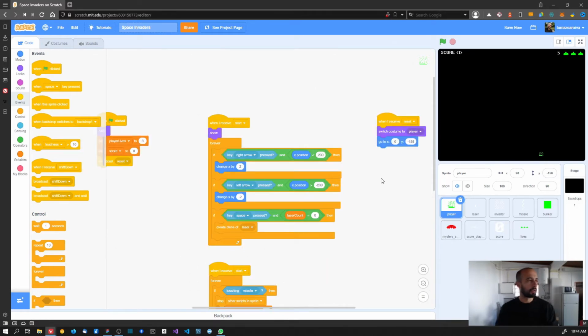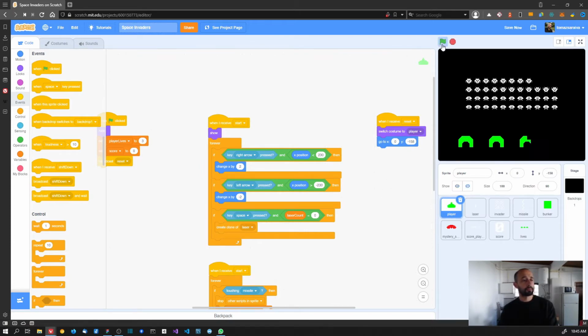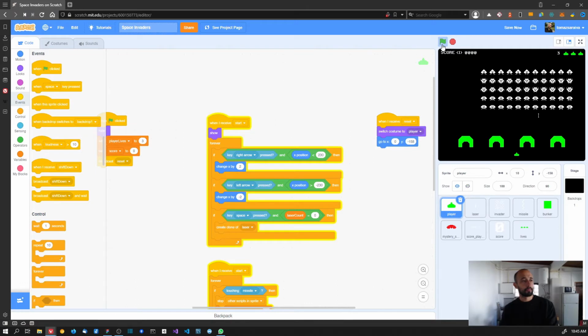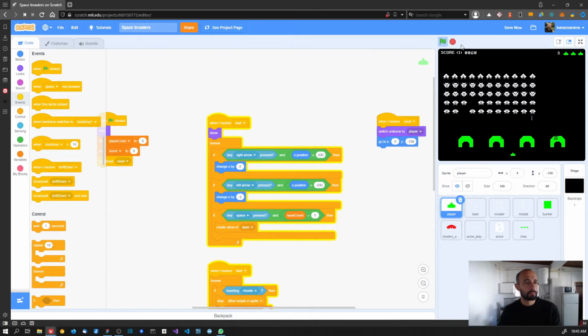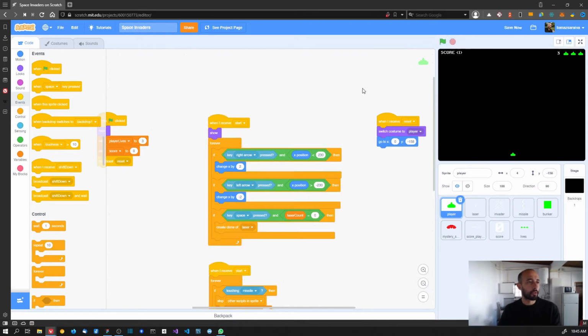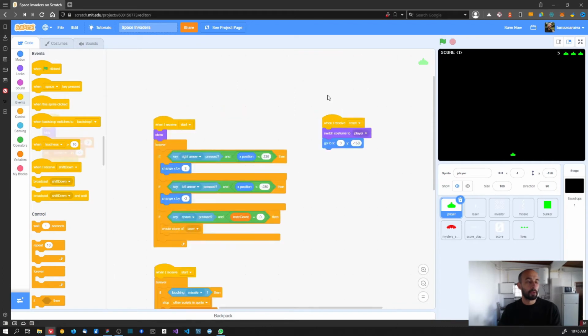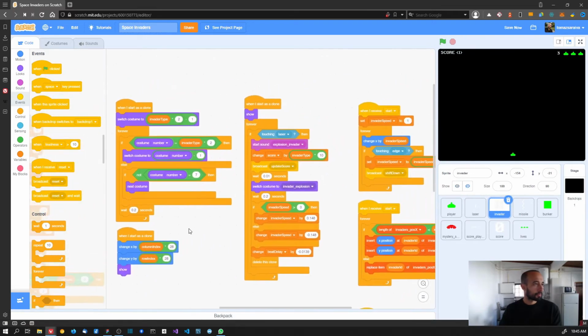Let's see how this plays out. Let me try to run just to see what happens. Okay. So all good so far, and I'm not going to try to lose a life now. Let's just implement all the other resets that we need, and then we'll come back here and try it out. So the invaders, when we reset the invaders,